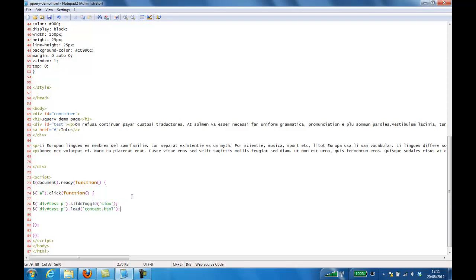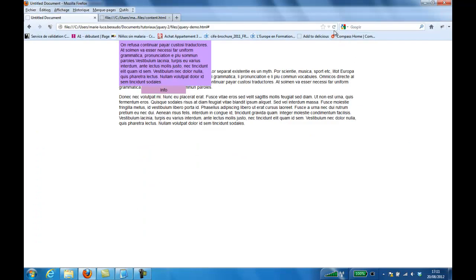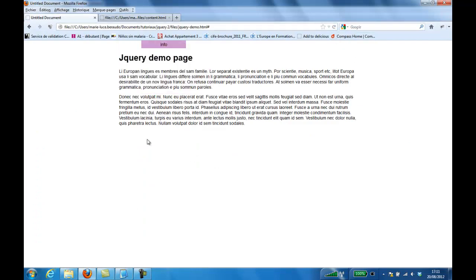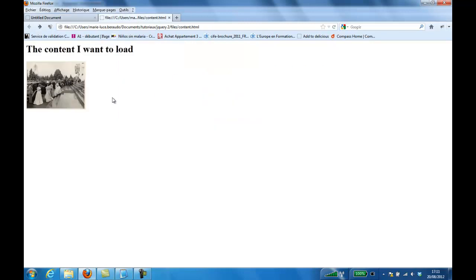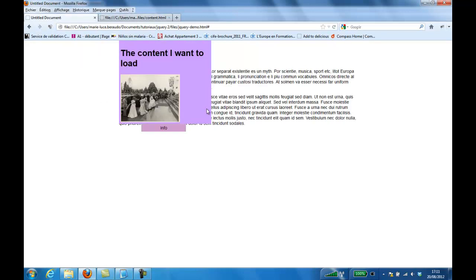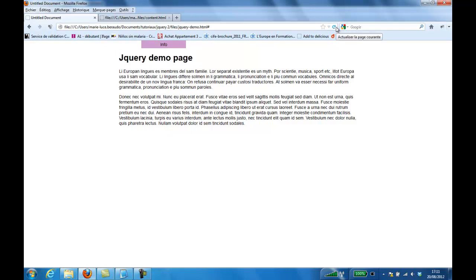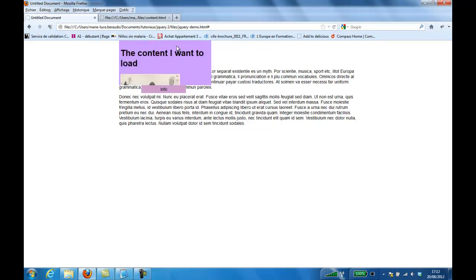Very simple. I save the page and I refresh it. Let's click on the link again. So here, instead of my text, I have the content of this page loaded. Very simple. But I just would like you to notice one thing. I will refresh the page. If you look carefully at the sliding down effect,